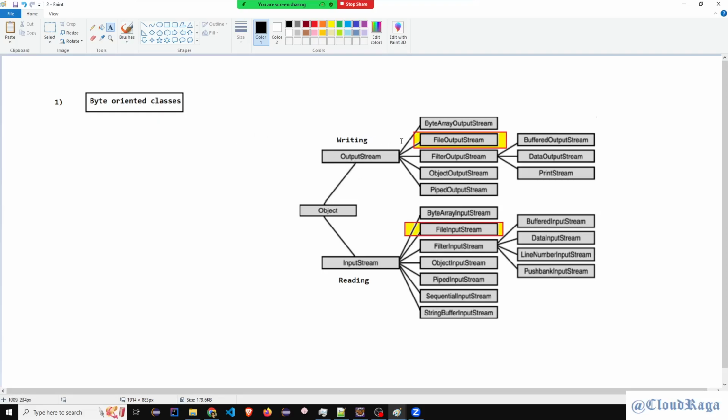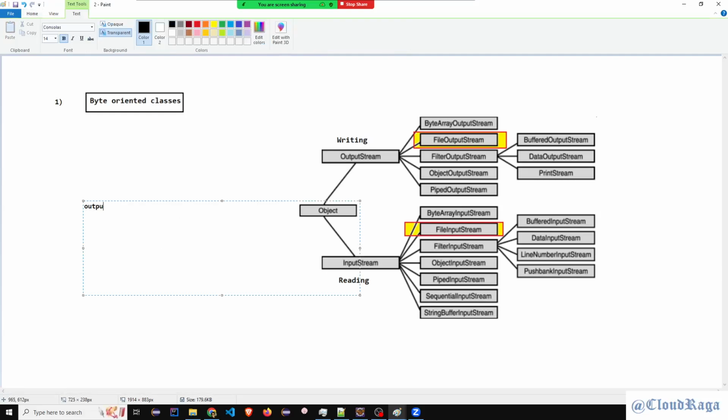If you see any class containing or starting with output, you can see byte array output, file filter output, object output, pipe output. All these classes are used for writing something, writing into a file, writing into a sink. Then input stream. If you read anything input, that means it's about reading.